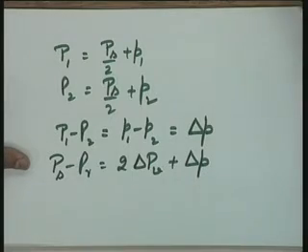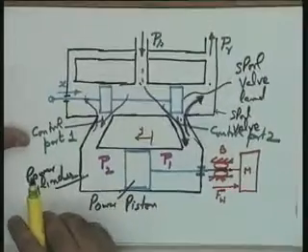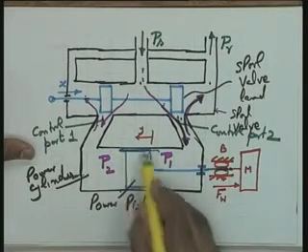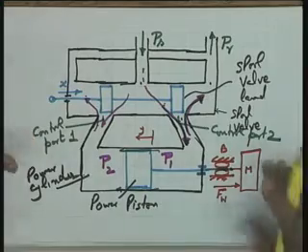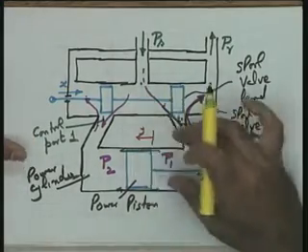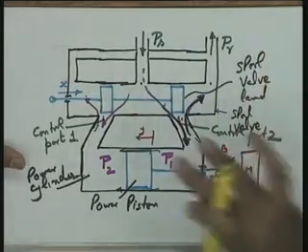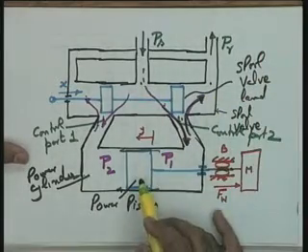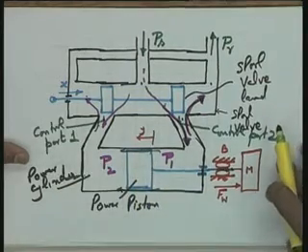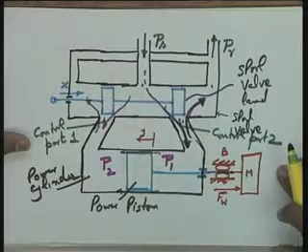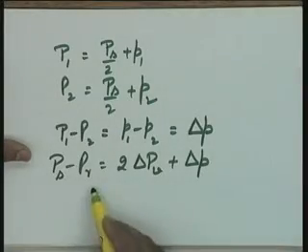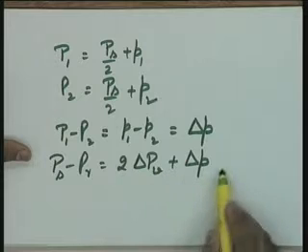You will please note one point. In the process of writing this equation, I am neglecting the leakage through this particular route. I am neglecting this leakage, assuming that I have got suitable packings so that this particular leakage can be reduced to 0. I do not say that there will not be any tolerance. You see that the tolerance has to be there for the movement, but suitable packings are there which will reduce the leakage to a negligible amount. And therefore, for me Ps minus Pr becomes equal to 2 del Pv plus del P.